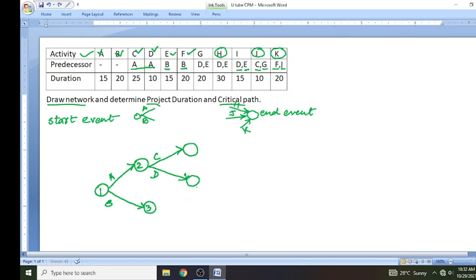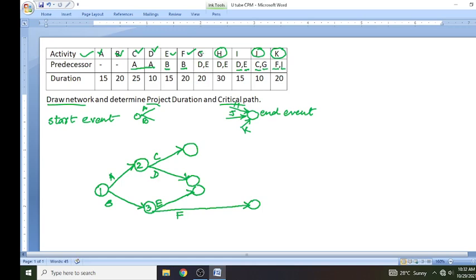Just a minute. Here we have E, okay, and then we have F also. So I am taking a straight line here, F, and we will close it here, right?